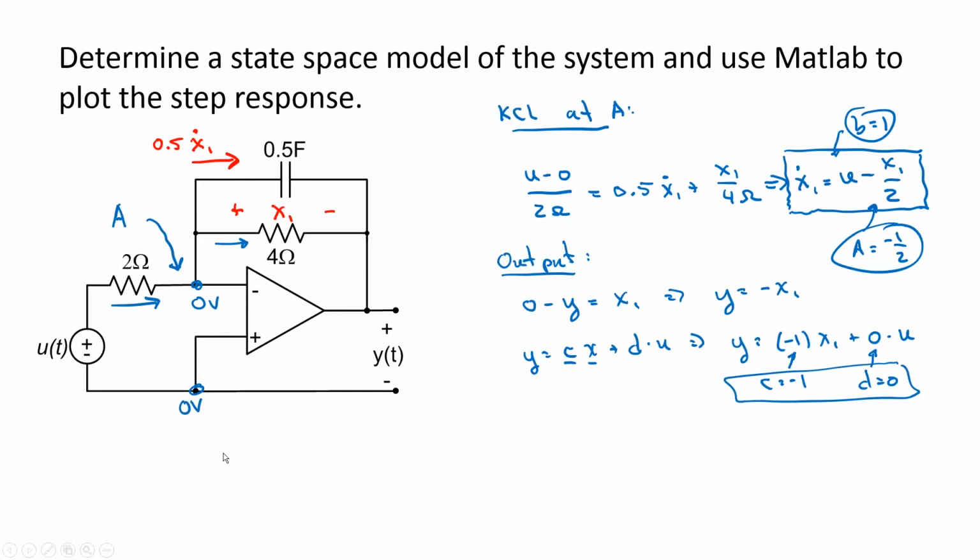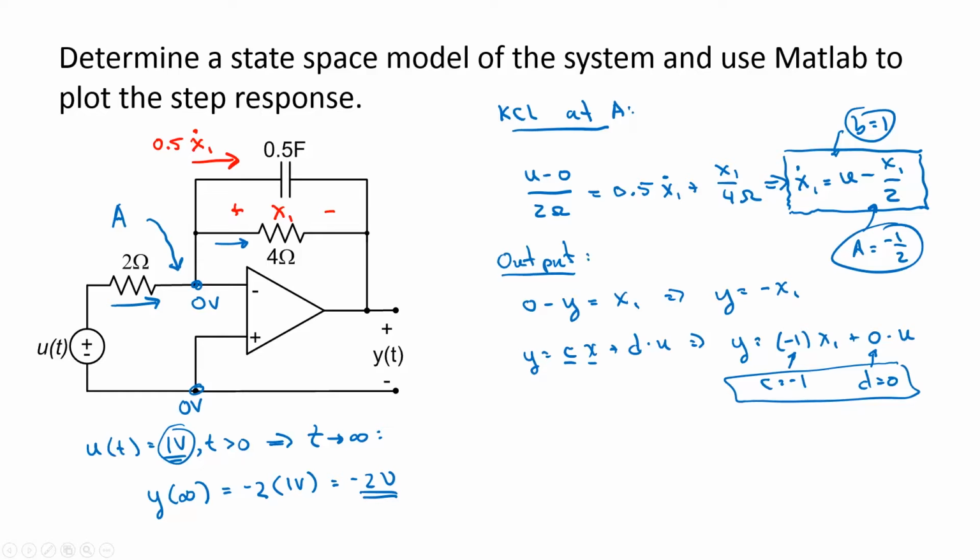Now let me check to see if this model actually makes sense before I simulate the step response. So let's look at a constant input where u(t) is equal to 1 volt for t greater than 0, and see what happens as t goes to infinity. As t goes to infinity, for a constant input, the capacitor should look like an open circuit. So this circuit becomes an inverting voltage amplifier with a gain of 2. So y of infinity is equal to negative 2 times u of infinity, which is 1 volt, which becomes negative